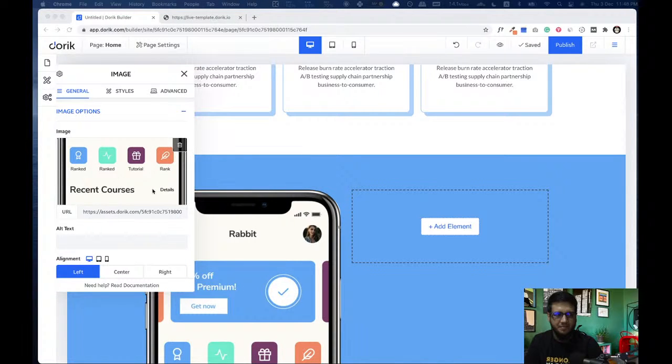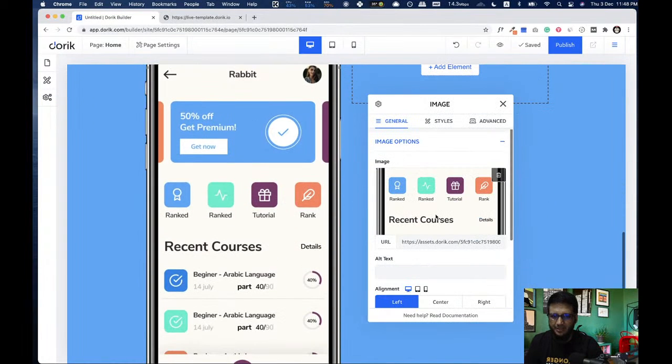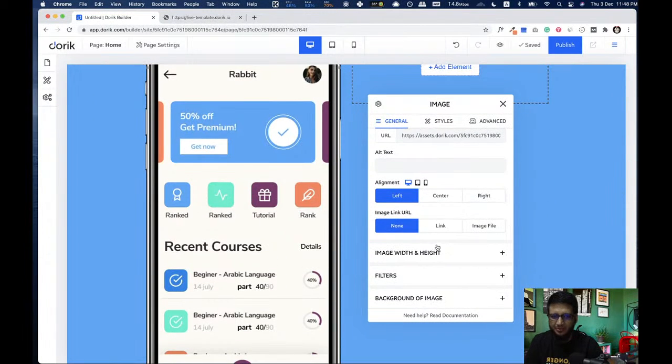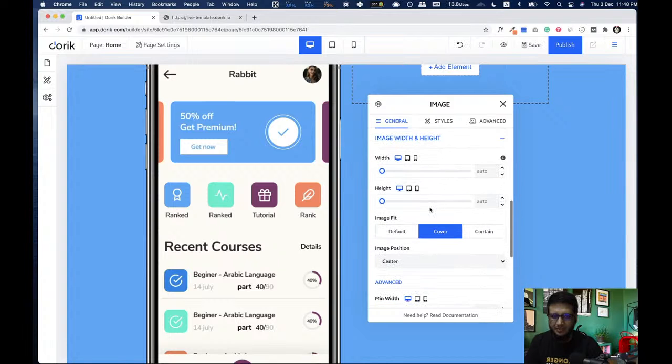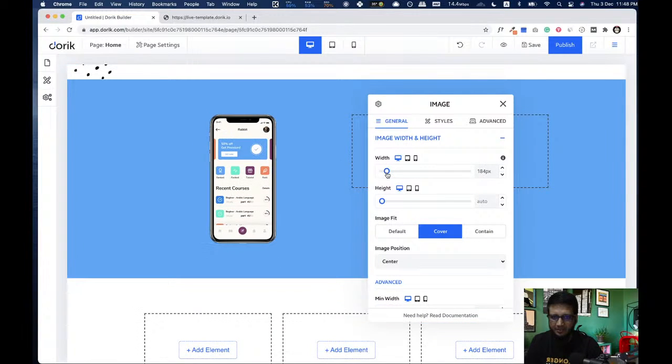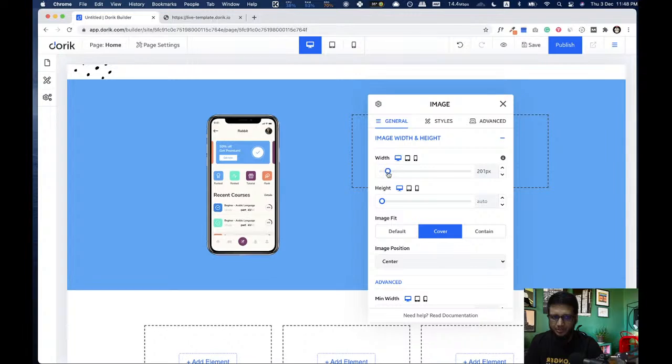Here it is, but the width of the image is really large, so we are gonna reduce the width. Alignment will be center, and this should be fine.